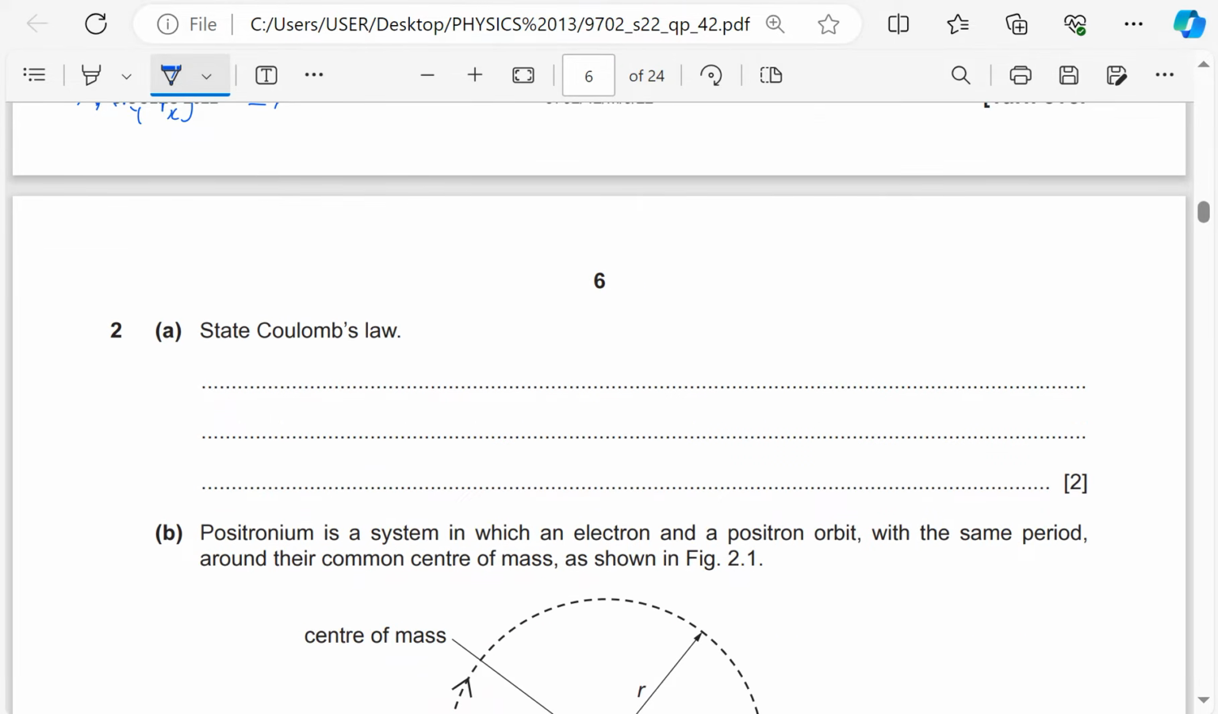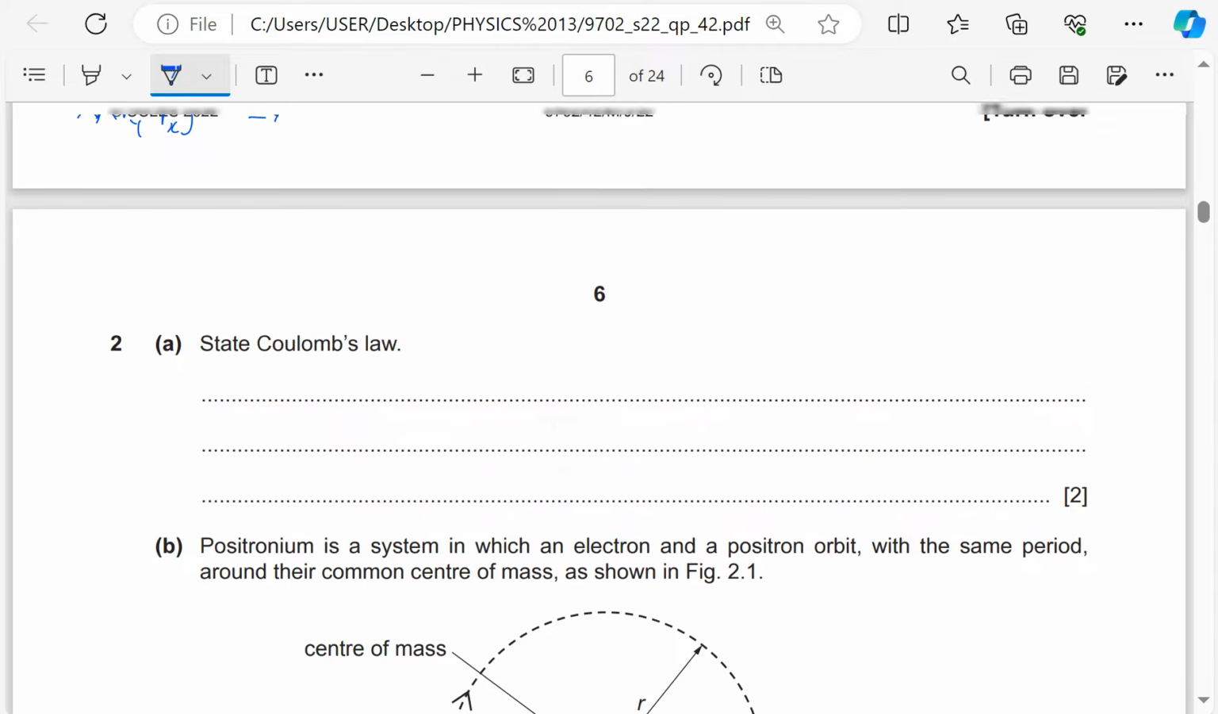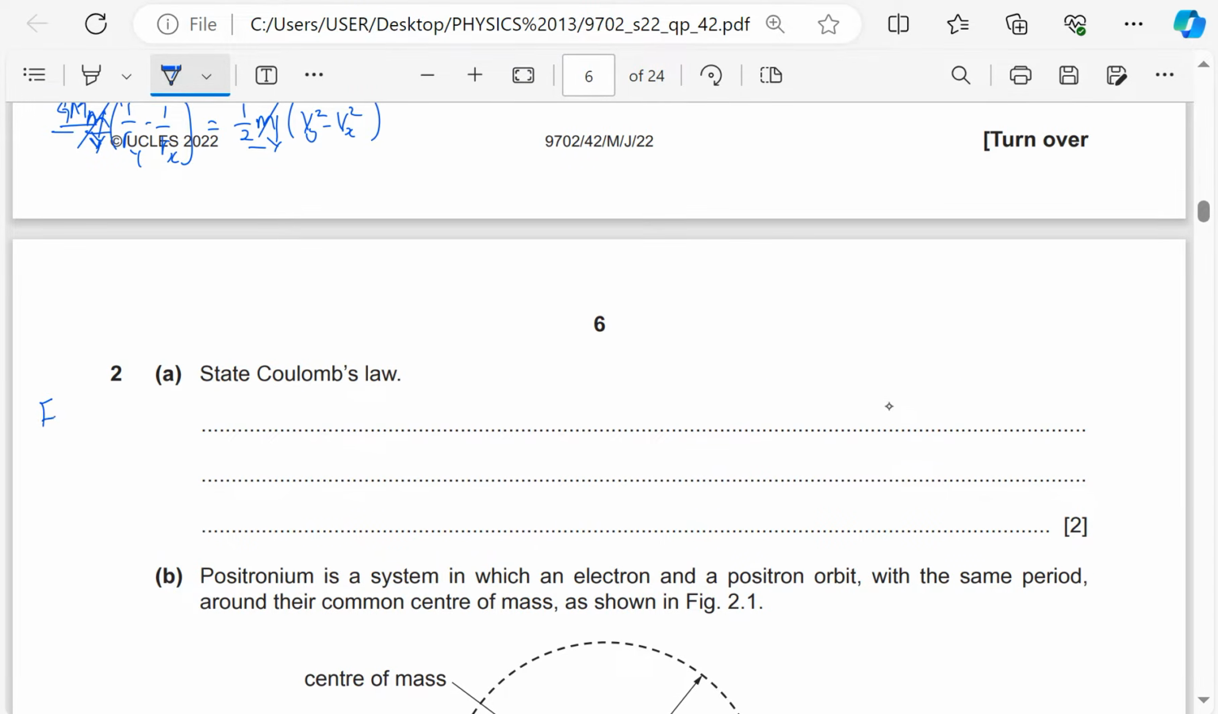Then question number 2 is electric fields, state Coulomb's law. We know that force is equal to a constant times the product of the charges divided by the square of the separation. So this law only applies to point charges. So I will simply say that the force between 2 point charges